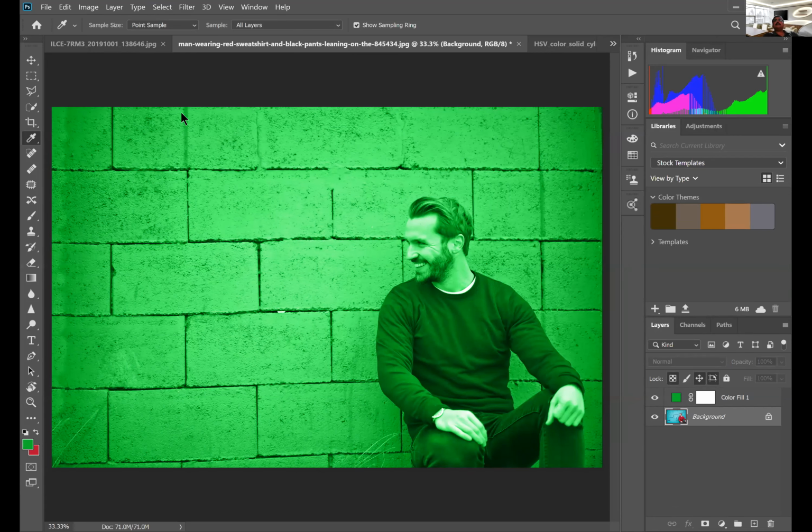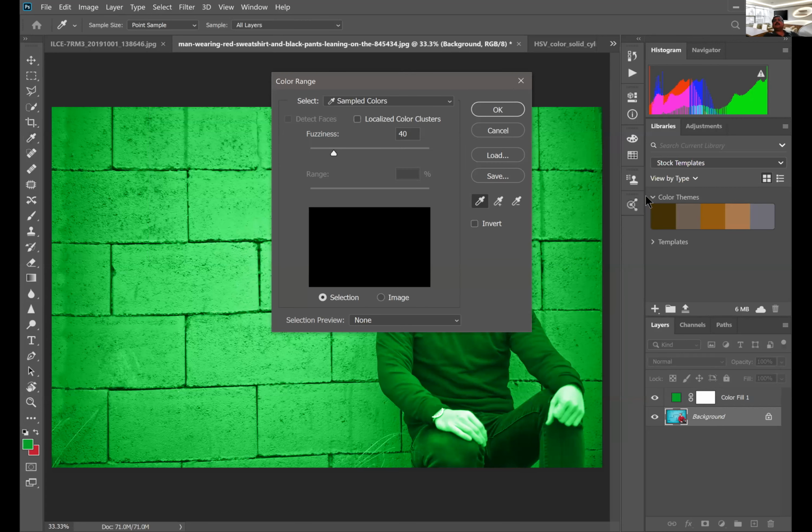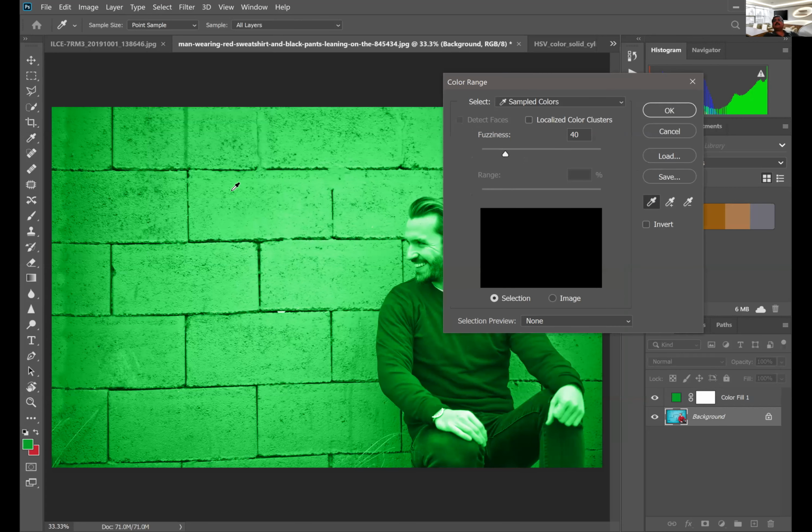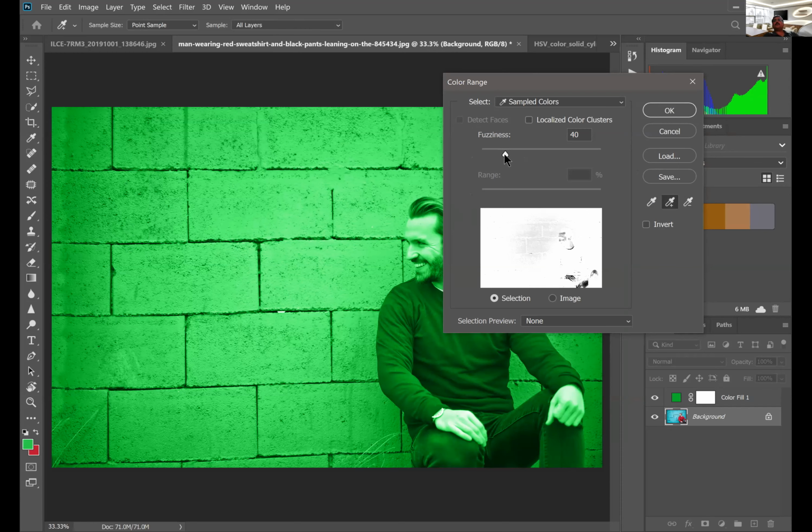select color range. Once you are in the color range dialog box, you have three pickers. First pick the color. That is, I'm picking the blue color. Remember, this color is not relevant because the area where I'm working is basically the lower layer. So this is the color. And then I use the add to sample color and keep on clicking until, now this is where I went too much over.